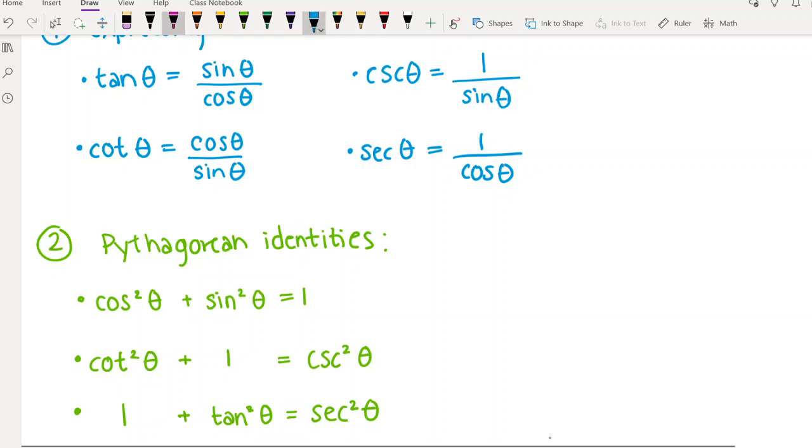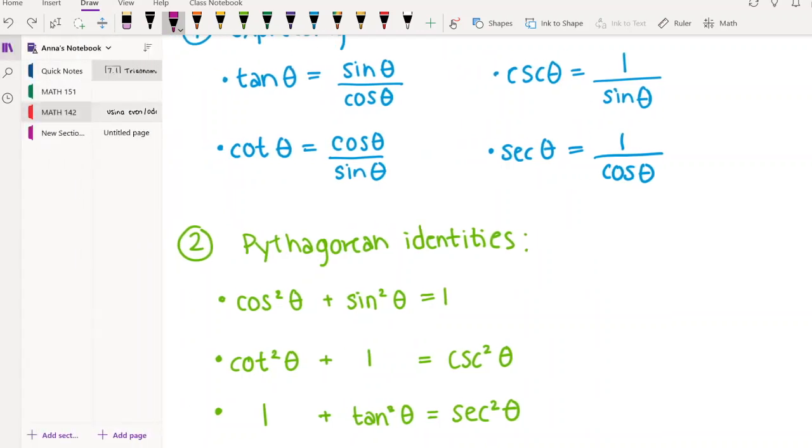Notice it's like theta, theta, theta. It's important that in these identities, whatever angle you're talking about, it's the same angle for every single appearance within that identity. For example, we know that tangent of theta is sine of theta over cosine of theta,